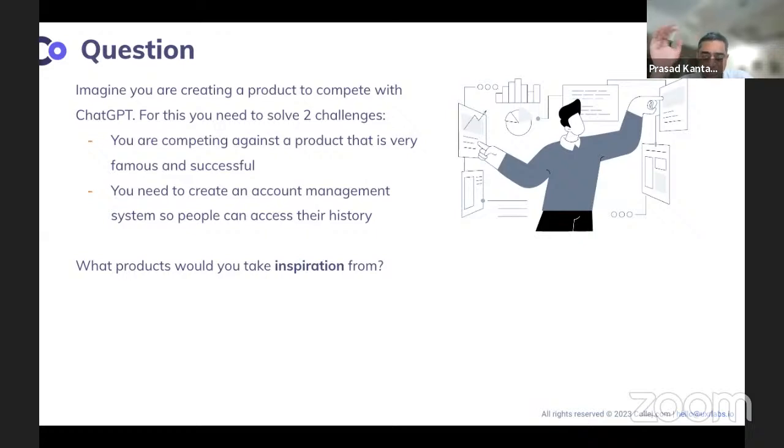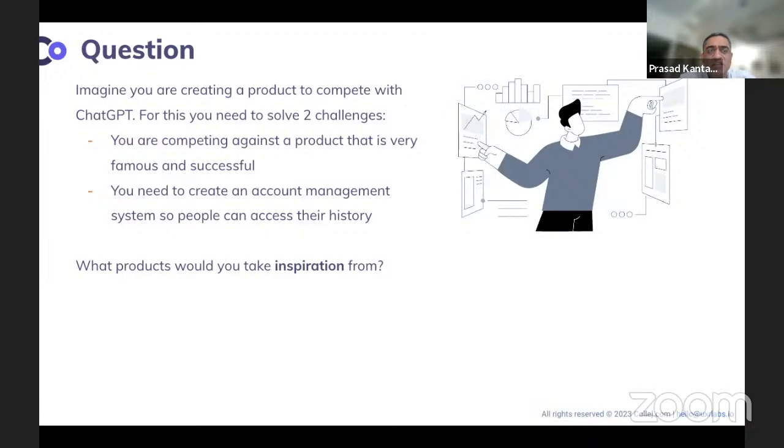The founders basically told you that they want it to be a global product. It's going to be competing globally. And they're basically looking to you and say, you are a designer, give me amazing ideas. Now, you had some discussion with the founders, what is the problem, what are the issues and all that. And you basically came up with two interesting challenges that the founder is trying to solve.